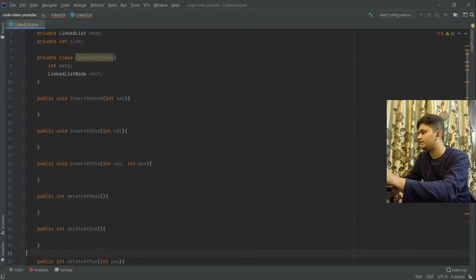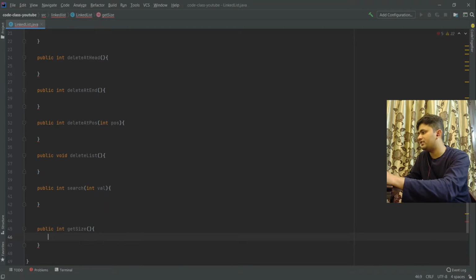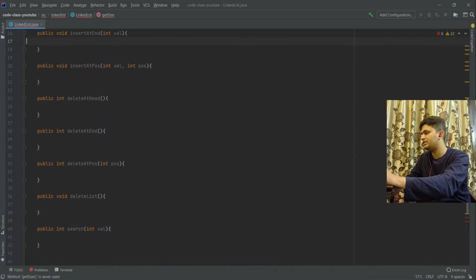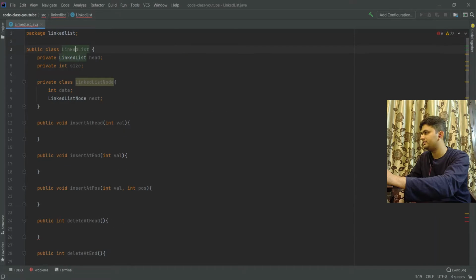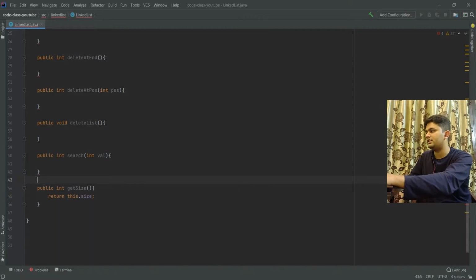Let's complete the get size function. The get size function is very trivial. We can simply return this dot size in this case.